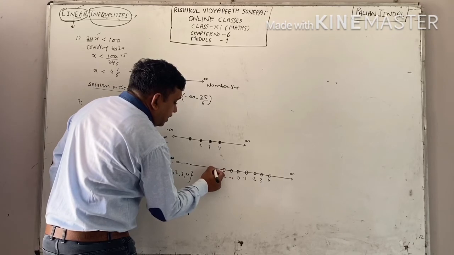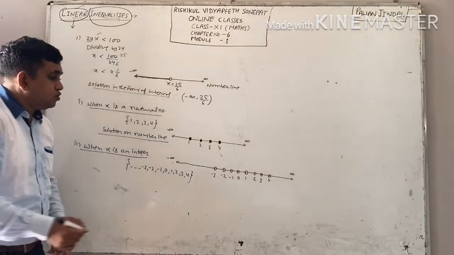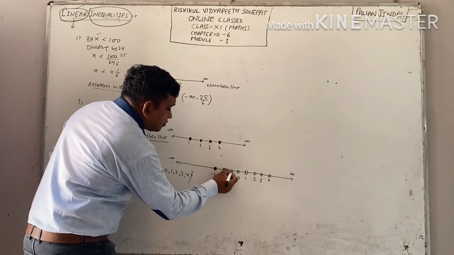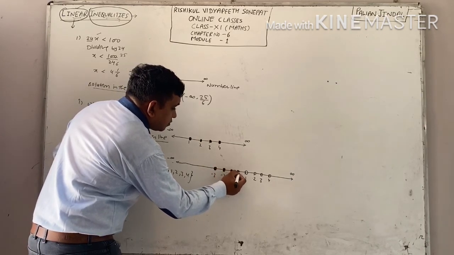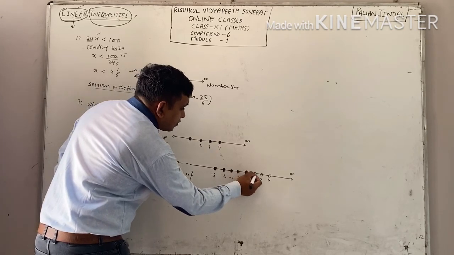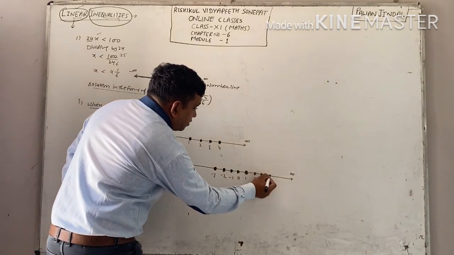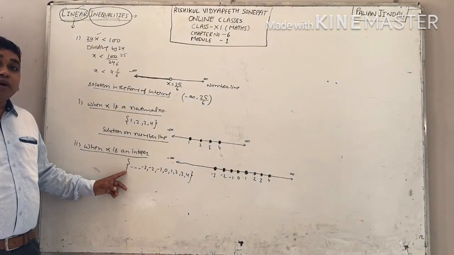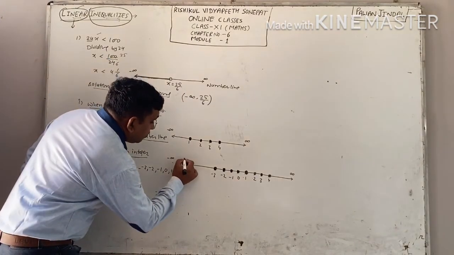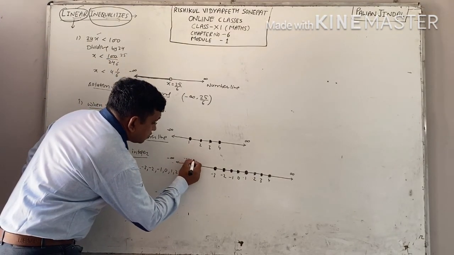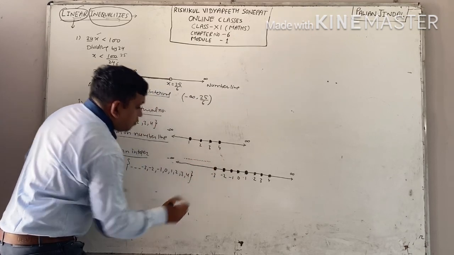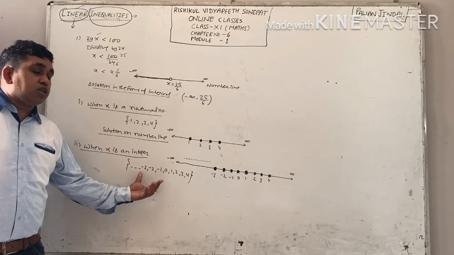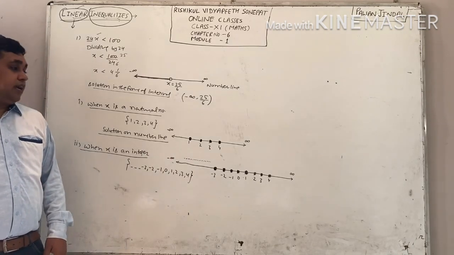But there are many more solutions other than these values. I am darkening all these. Right? But still many more points are left. How will you plot them? Because these points are going up to minus infinity. For this, you will make dots like this up to some. In this way, you can plot this solution on number line. Right?